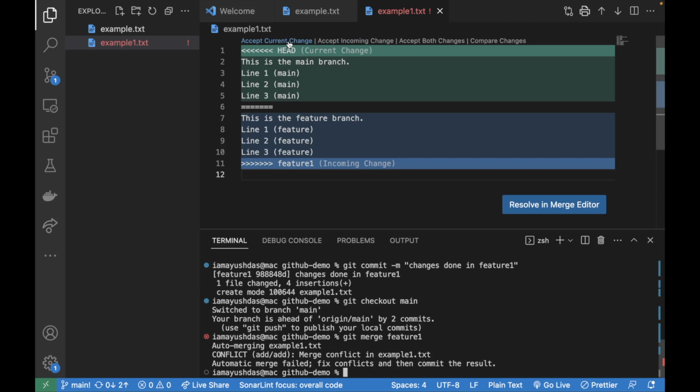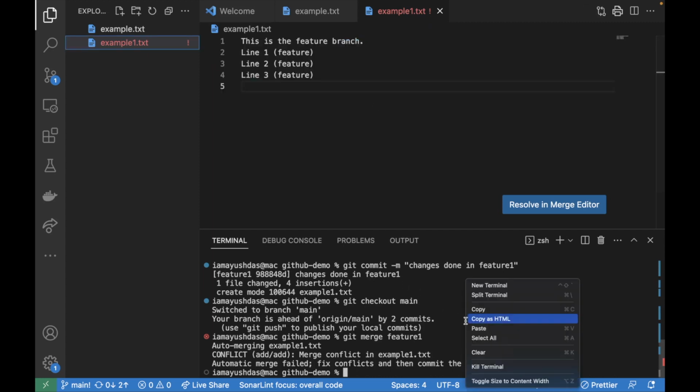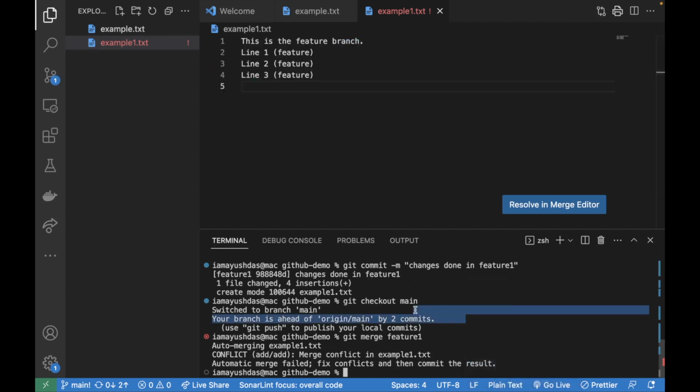Now it's on you what you want to choose. Okay, suppose you are on the main branch and some other developer pushed some changes to the feature branch and you want to get his changes to your branch. So what you will do is take the incoming change, that is done by the other developer. Okay, so let's accept the incoming change